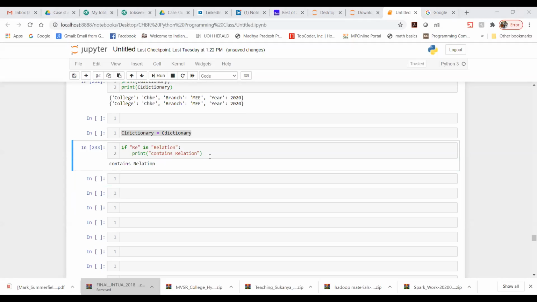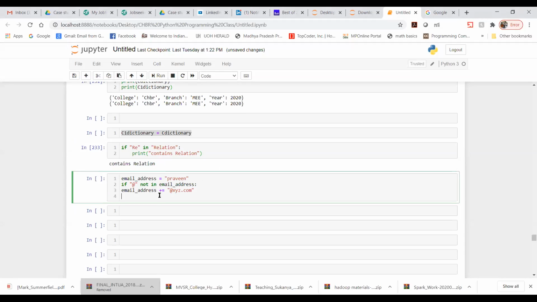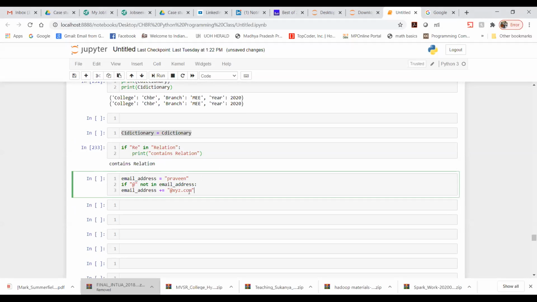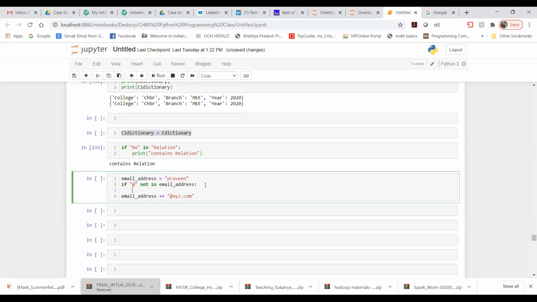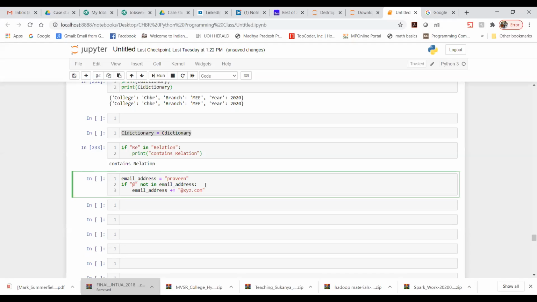So let me take that and show you how exactly it looks. I hope many of you will be familiar with this. Now here, what I am trying to achieve is, I wanted to use the not in keyword.